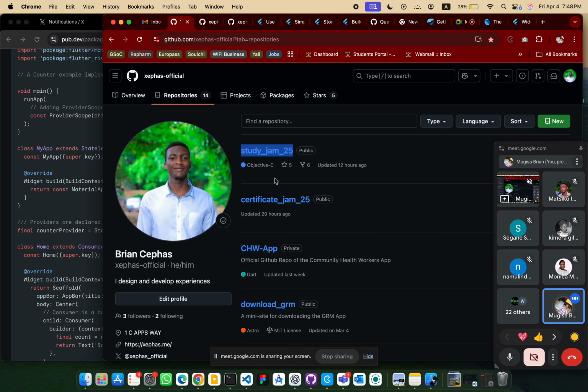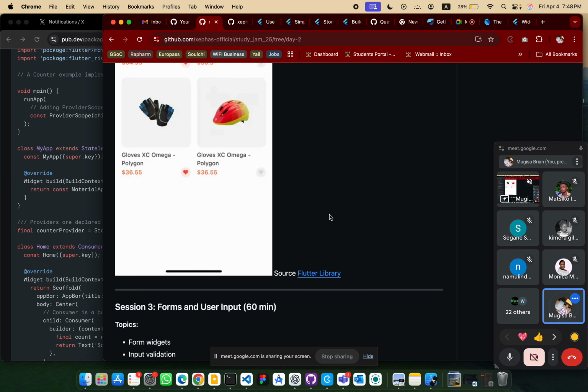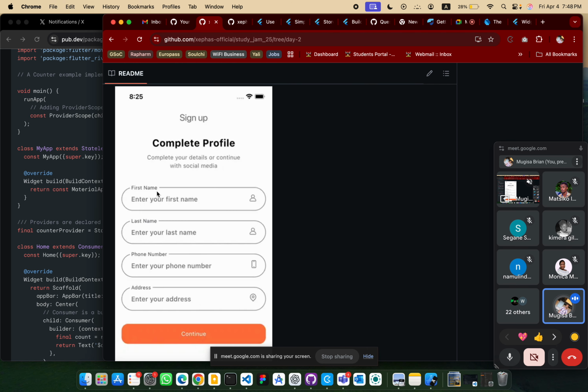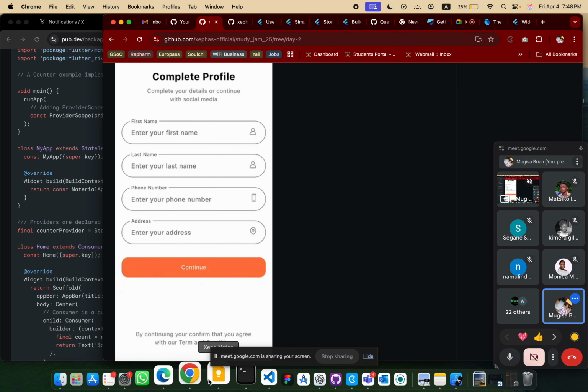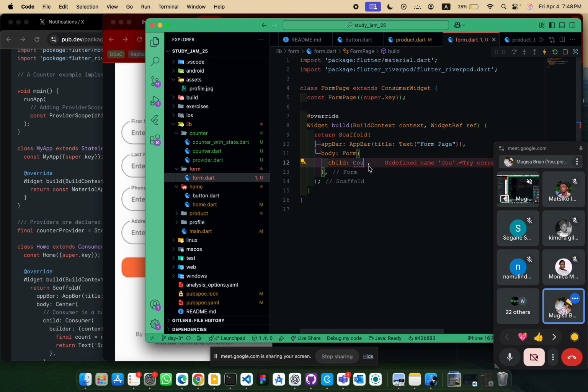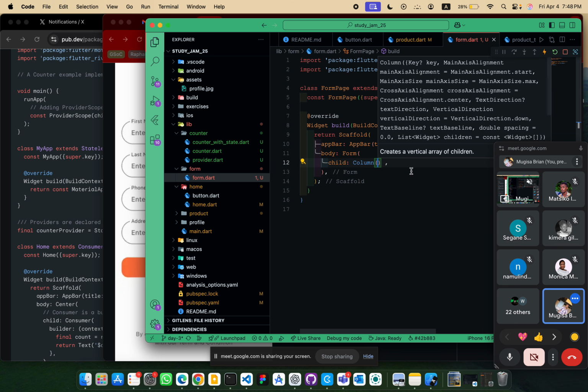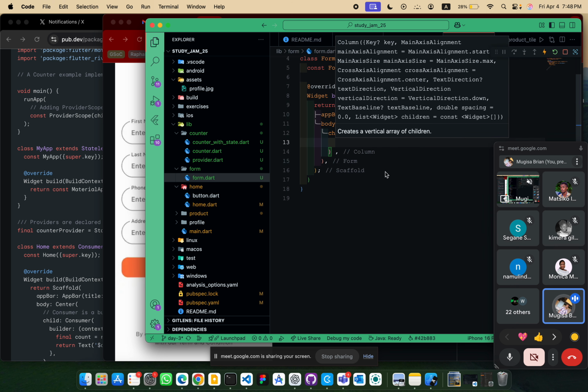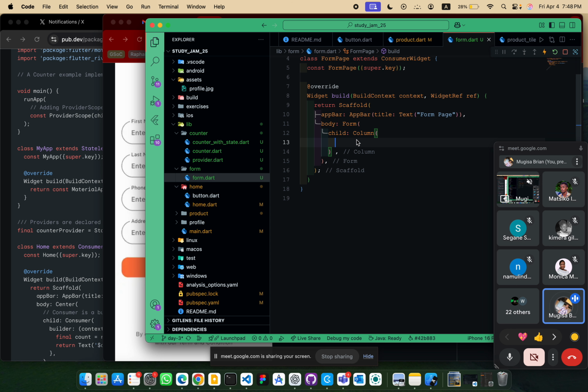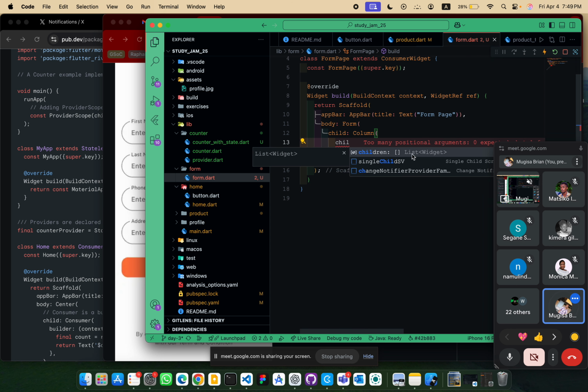When you come to the repo of study jams, we want to create a form similar to this one: first name, last name, phone number, and so on. And those items are in a column. So I'll create one, then others will just be copy and paste. So children,